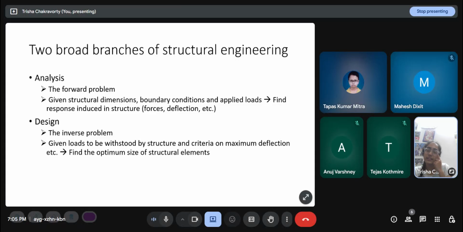Then we have to carry out a check: is the structure strong enough to withstand that response? Then we can go ahead with the assumed design. Otherwise, we have to redesign, like again propose a larger size or a stronger material, or both. And then we have to again carry out an analysis and check that all the limitations are satisfied. Only then can we let the design go forward. So analysis and design are two branches, but they are not the opposite. They go hand in hand.